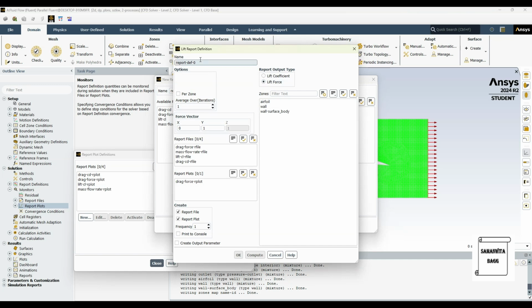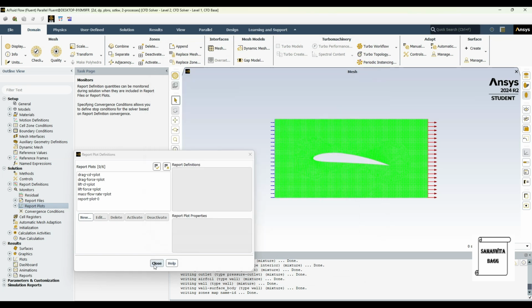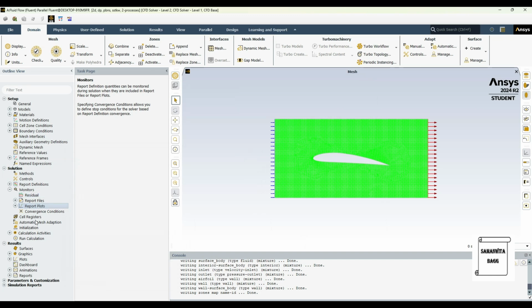Here also I want the lift force. So here I'll write down lift force over the airfoil, print to console. OK. So we have selected all of them. OK. And close this. Then I'll go to initialization.